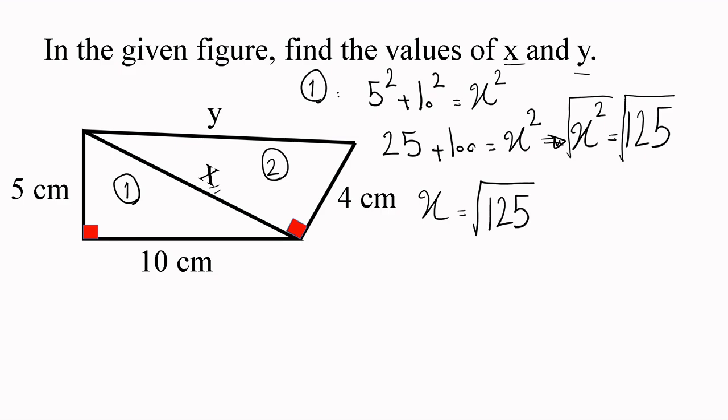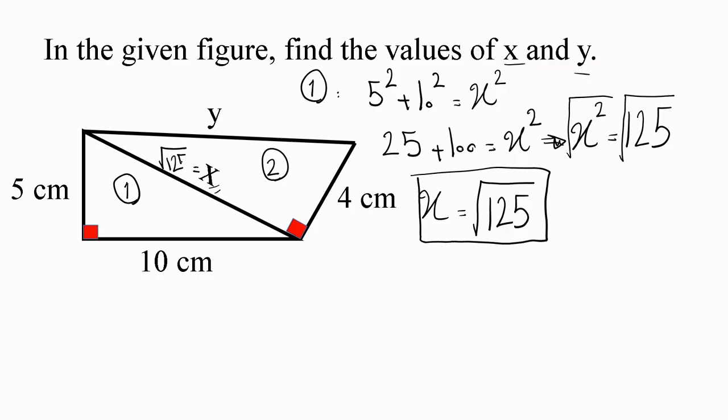Yes, I can simplify that. I can write that as 25 times 5, then I can write it as 5 times the square root of 5. But it is not needed. I'm going to keep it like that. If I were your teacher, it would be acceptable, but please make sure that your teacher is going to accept that. Ask him before the exam. So this one is